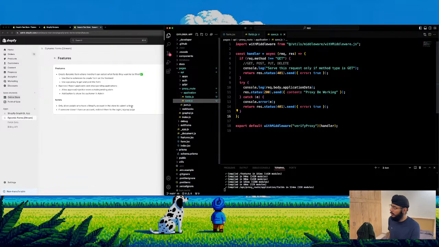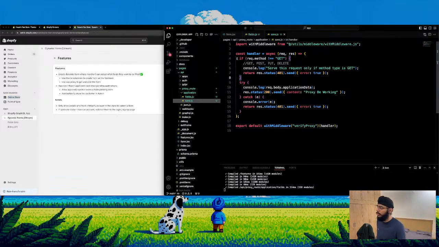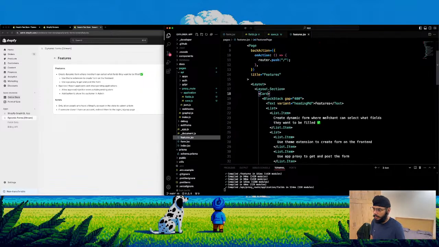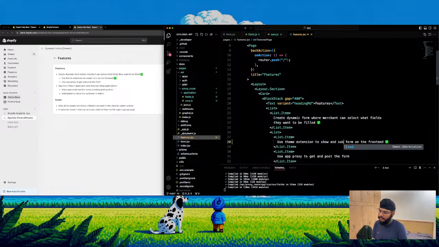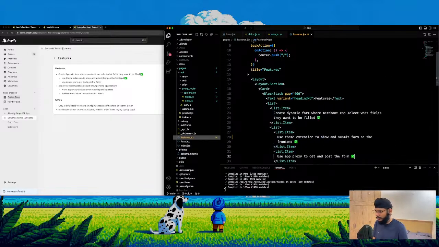Okay, so if I were to now come back here to my features page, right? And now let's copy this. Use the mention create a form in the front end. That's what we are doing. Actually, it's not to create a form in the front end, it's to show and submit the form in the front end. You have already given the post form, that's cool. So you see, right? Like